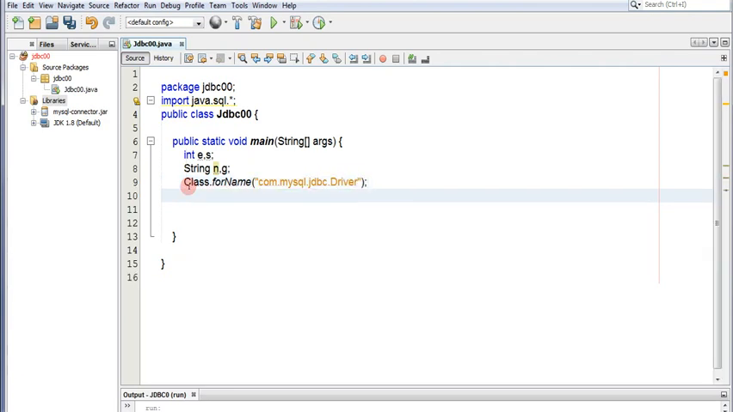Because this is the driver we need to connect with. Then, in the Connection class, we have to create the object of connection. So DriverManager.getConnection. Under getConnection, we have to specify the driver name here, that is jdbc: